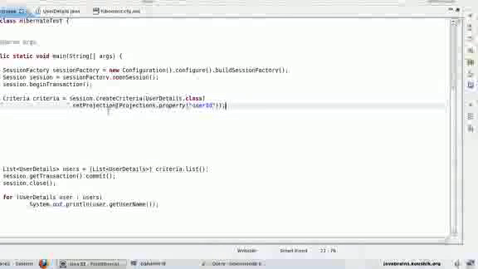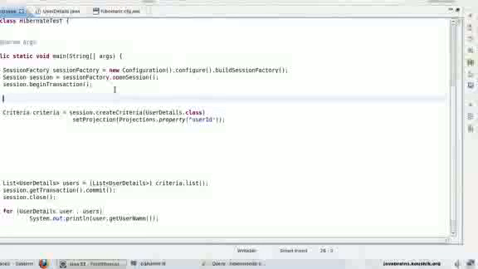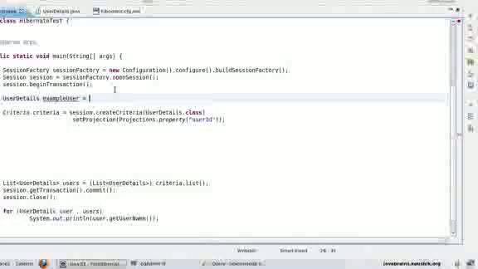So I have specific values for half of the properties, say. Now creating a criteria object for all of them is going to be a pain. I need to do a dot add, and I need to create all these restrictions. So a handy way to do this is by using this query by example. So the way to do this is by creating an example object and hand it over to Hibernate and say, hey, give me all objects which look like this in essence. So let me just create a user details object, example user. Of course, here I don't have a lot of properties. So the true value of this is when you have a lot of properties. It's going to save you a lot of